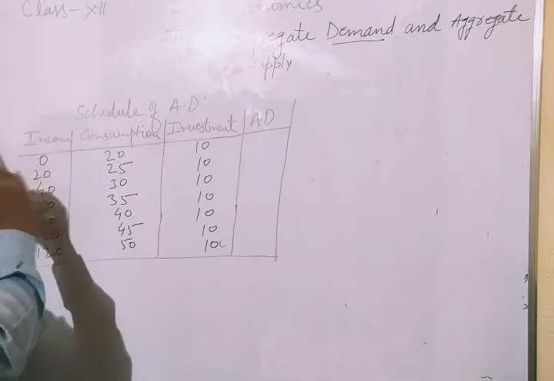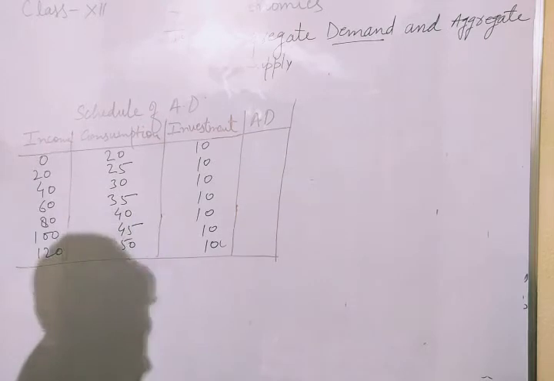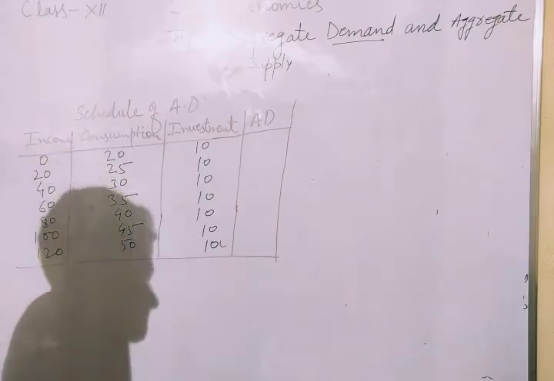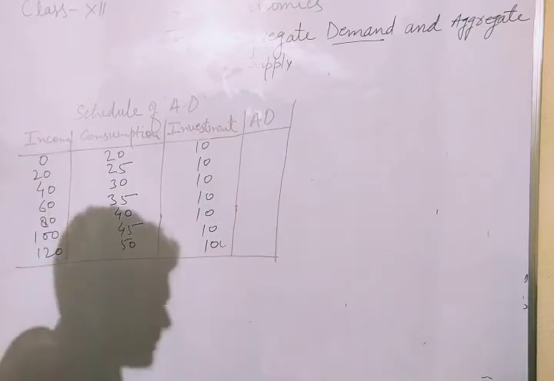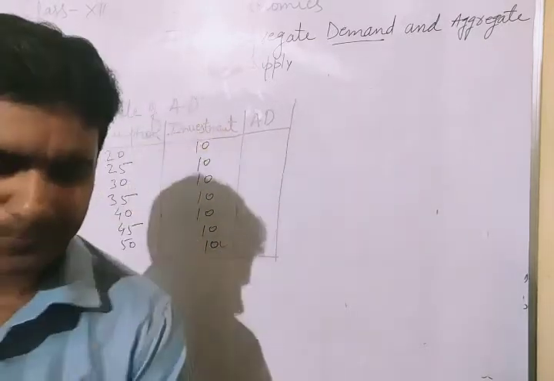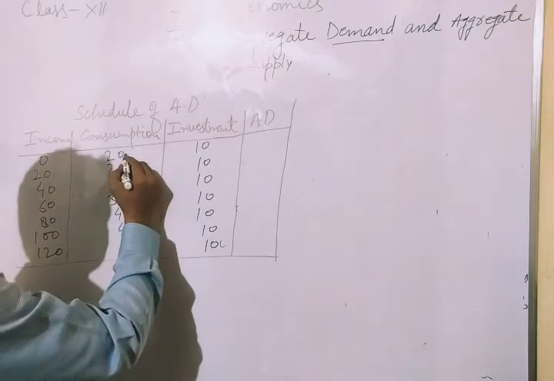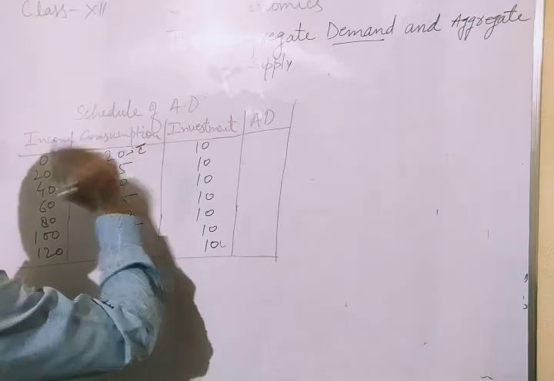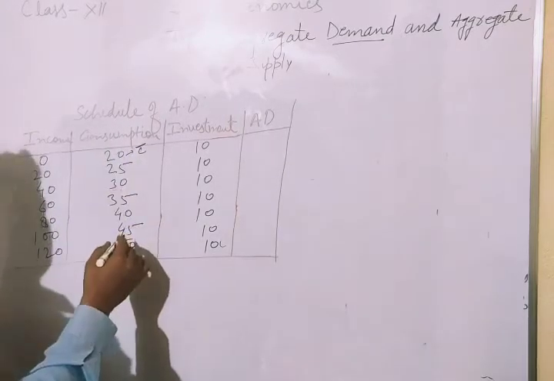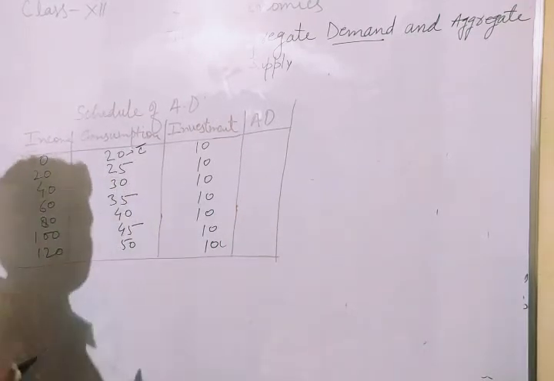Here we see that at the zero level of income there is some part of the consumption. It is the subsistence level of consumption which is required even at the zero level of income, because some necessary goods are demanded by the consumers, doesn't matter whether they are having some sort of income or not. So this is that amount of consumption, which is also known as autonomous consumption or C bar. Then consumption keeps on increasing as the income is increased: 25, 30, 35, 40, 45, 50.